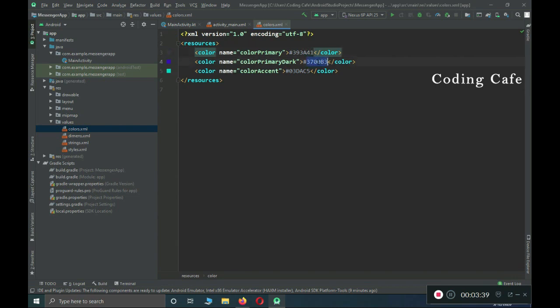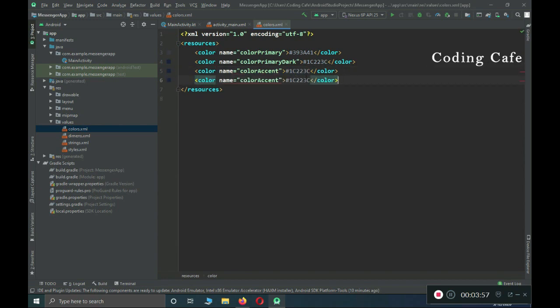Then the second one is #1C223C, and same for this one also. Let me create a color by another name, which will be our color profile,